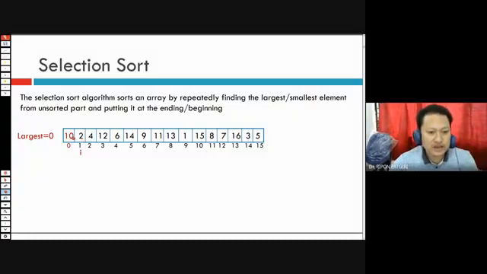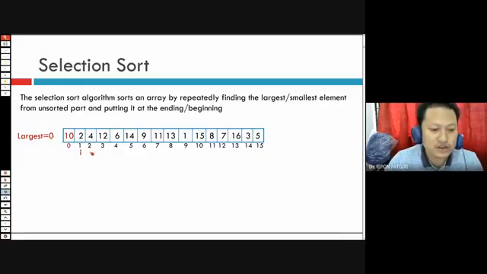Which one is the largest? 10 is already larger than 2, so we should not modify the largest index. Then I should be moved towards the next index. So I becomes 2.